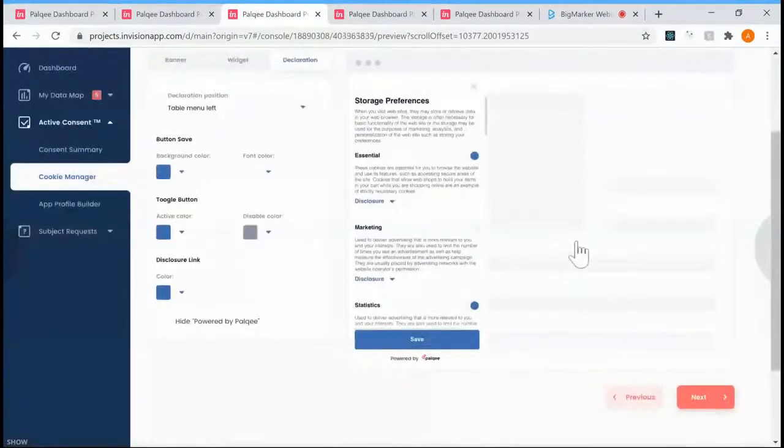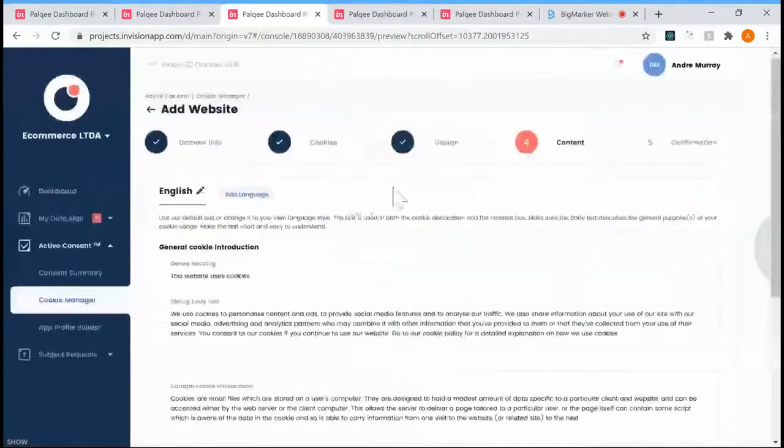Once you have the visuals done, the next step is the legal part of that cookie banner. One of the things I think is very important to have is different languages. Obviously, you never know who is going to access your website. You never know if they understand the language, first and foremost. So you have the option to add as many languages as you want. And that language is going to be a